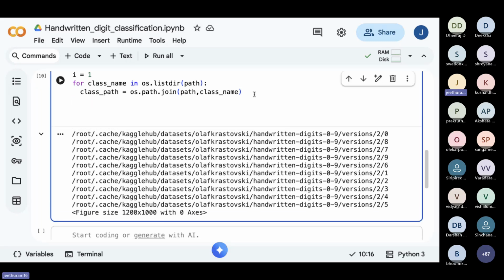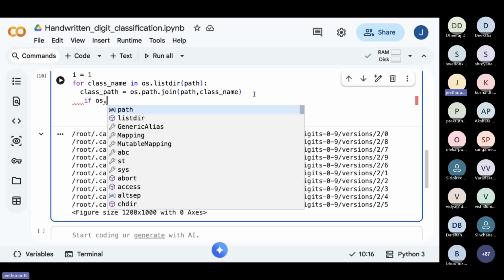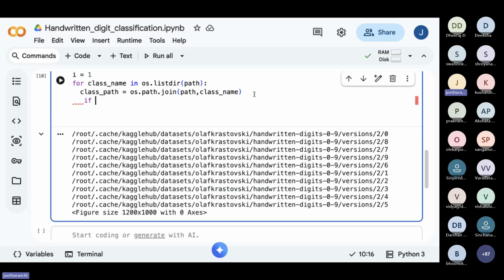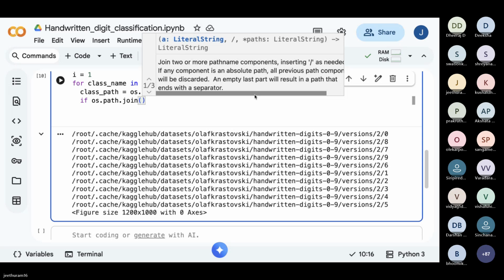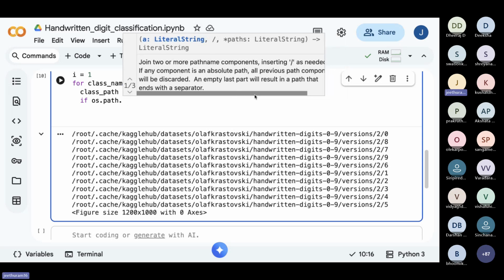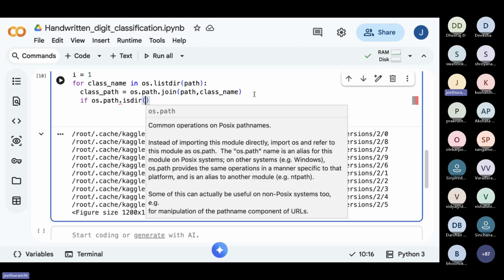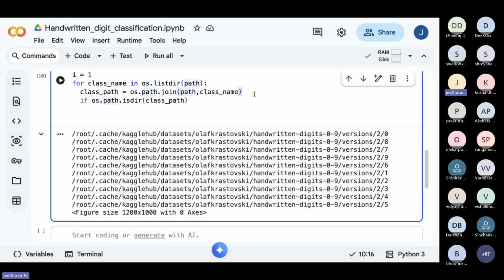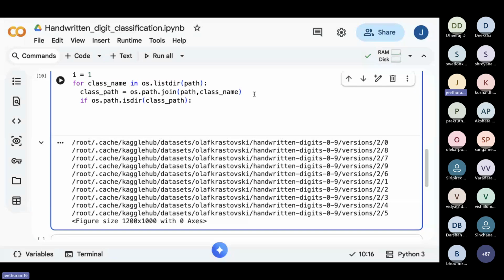Next, I'll write a condition: if os.path.isdir, if that particular directory exists, if path exists. So basically what it has to do, so again, we have to create